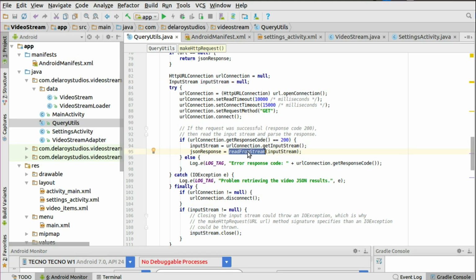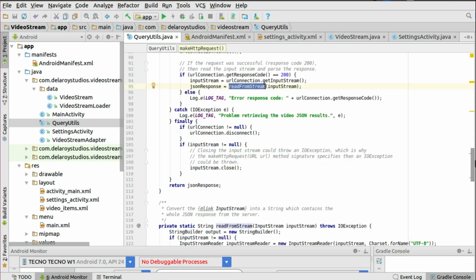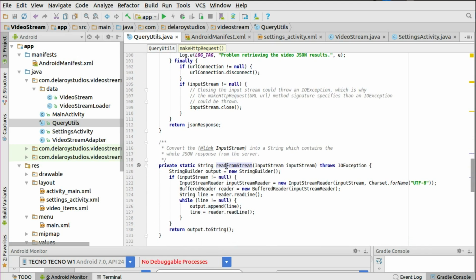You're going to pass the same stream down to the read from stream, which is actually another method which you have right there, which is expecting an input stream, and it also throws an IO exception. This is where you call on the string builder to actually build up this. You'll be needing the buffer reader. You'll be spitting this out to the format you actually wanted. We are decompiling this. This is where you actually convert all this JSON response from the server,